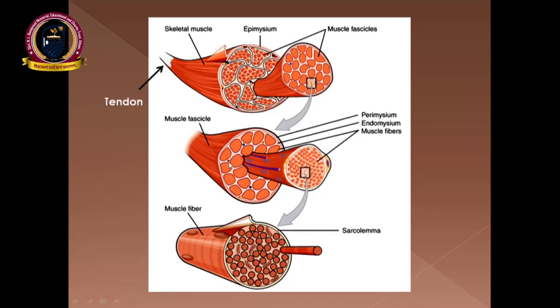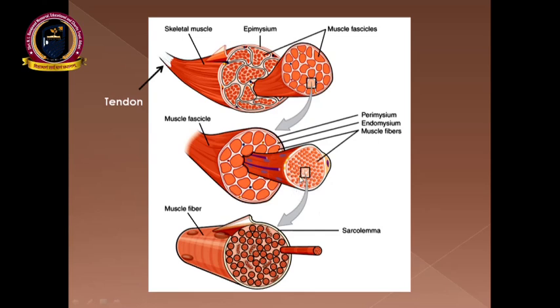It is surrounded by the perimysium, and a single muscle fascicle has a large number of muscle fibers inside. So these are all muscle fibers in section, you can see here, and one muscle fiber is pulled out here. This is one muscle fiber which is multinucleated, as we see here, many nuclei you can find here, and this muscle fiber is packed with a large number of myofibrils inside.